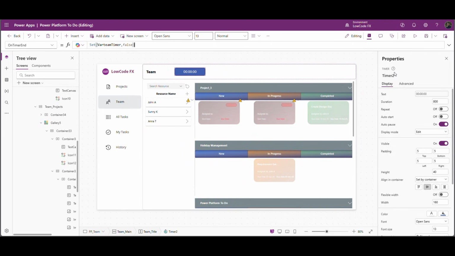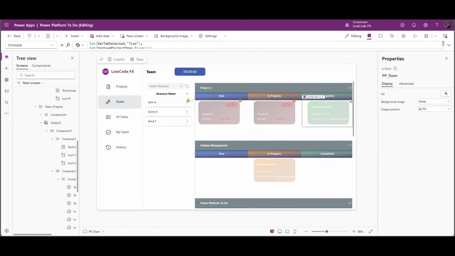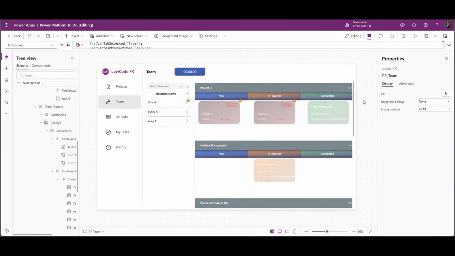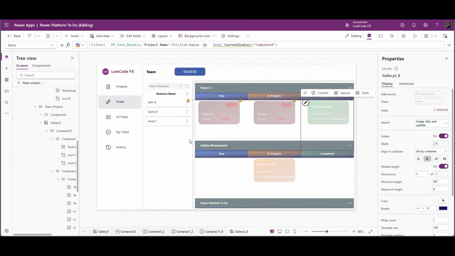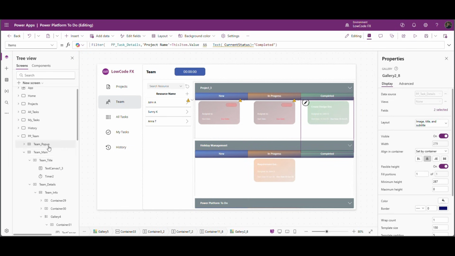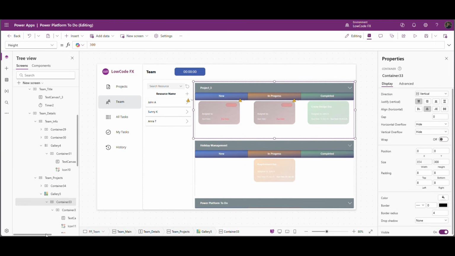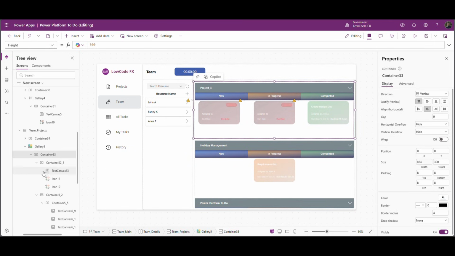Now the timer name is timer2. अभी इस timer2 को हम रेफर करेंगे, copy. Okay, now let's go to this section, the main parent container of this. So inside gallery we have one parent container